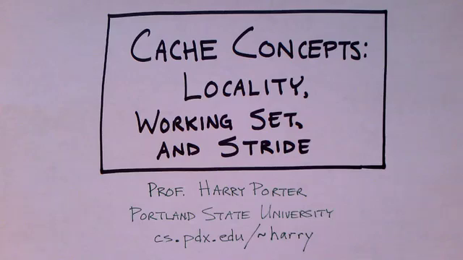Here we have another group of 4 bytes. Here we have another group of 4 bytes. So the array is stored one element after the other. This program is going through the array element by element. Each element is 4 bytes long. So it's going to access this group of 4 bytes, and then this group of 4 bytes, and then this group of 4 bytes. But we say it has stride 1 because it's going through the memory in order and not skipping anything.